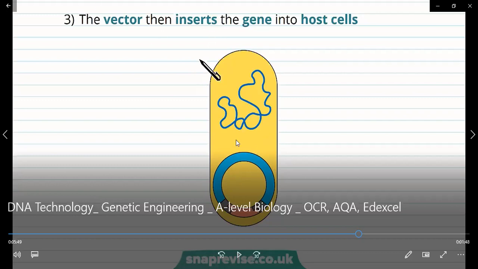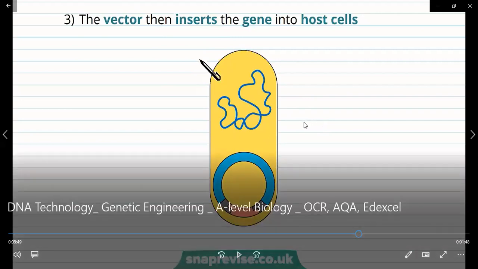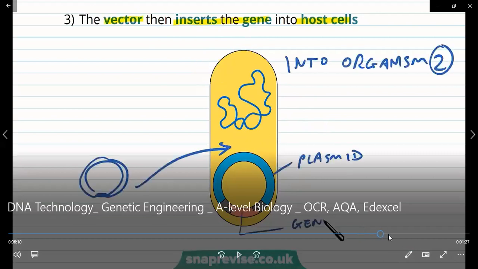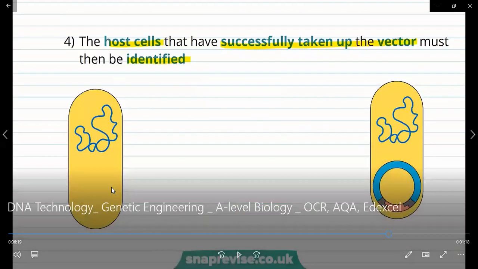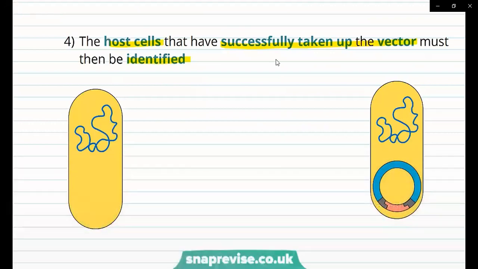So once we have gotten our recombinant DNA into our host cell, we say that this cell is now transformed. Whenever you have a bacterium or a cell that has taken up recombinant DNA, it is considered to be transformed. All right. So let us continue. This was the bacteria before it took up the plasmid, and this was after it took it up. So after it takes it up, we say it has been transformed.